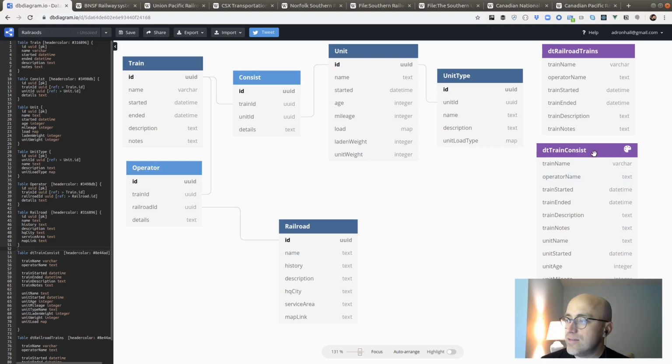So again, denormalized tables I've put over here in purple, and then the lightly colored many-to-many tables, and then the regular connected tables that have just some basic primary to foreign key type relationship here.